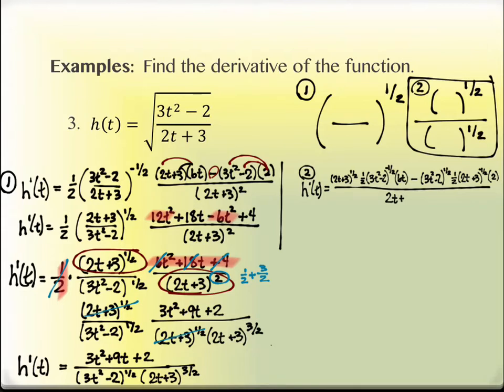You could also deal with the fact that these 1/2s are in square root form. So another option for writing this in a way that would be as simplified as possible, or an equal simplification version, just in case you were to see it written somewhere else, or if you were checking online, like a calc site, they might write this as the square root of 3t squared minus 2. And they might write this as, did I mess something up? Okay. 2t plus 3, either like this,